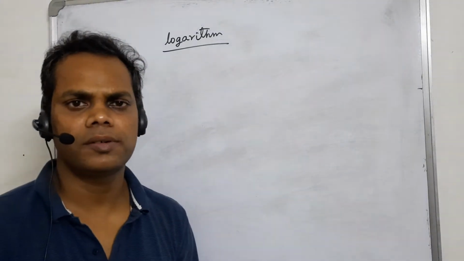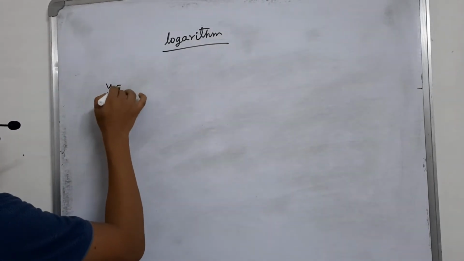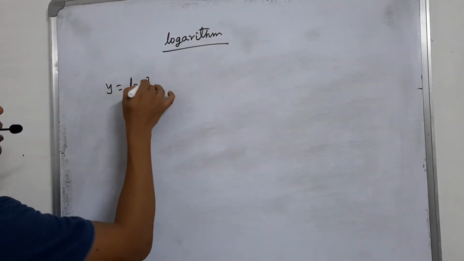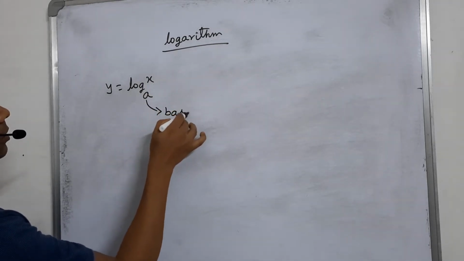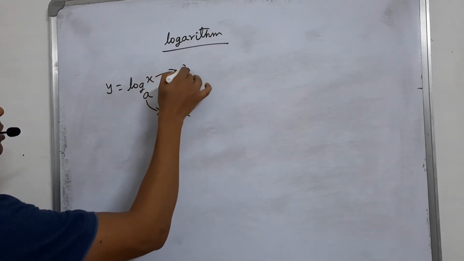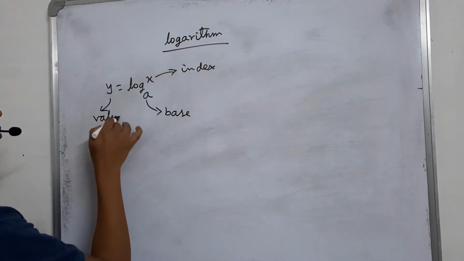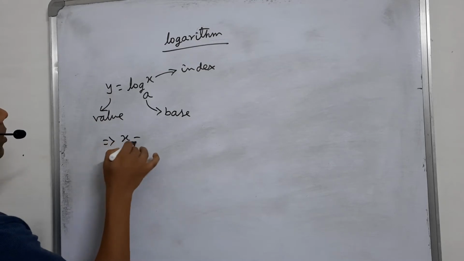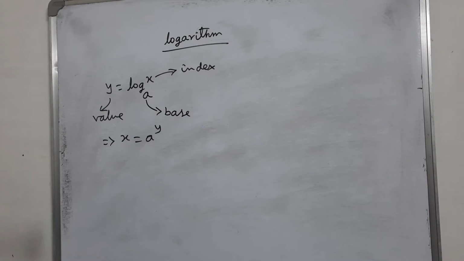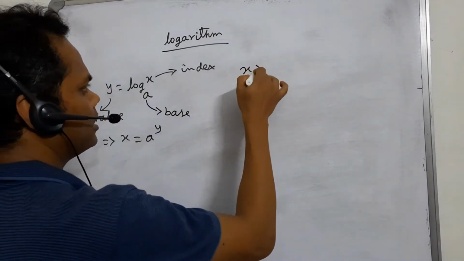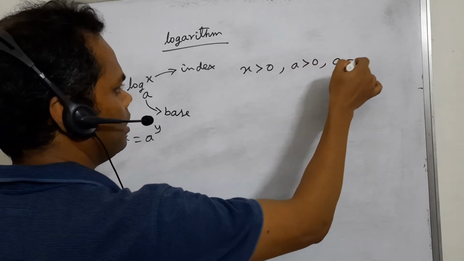Well, students, the topic of the video is logarithm. y equal to log of x to base a. This one is the base, this one is the index, and this one is the value, and x equal to a to the power y. Now you see that here x is greater than 0, a is greater than 0, and a is not equal